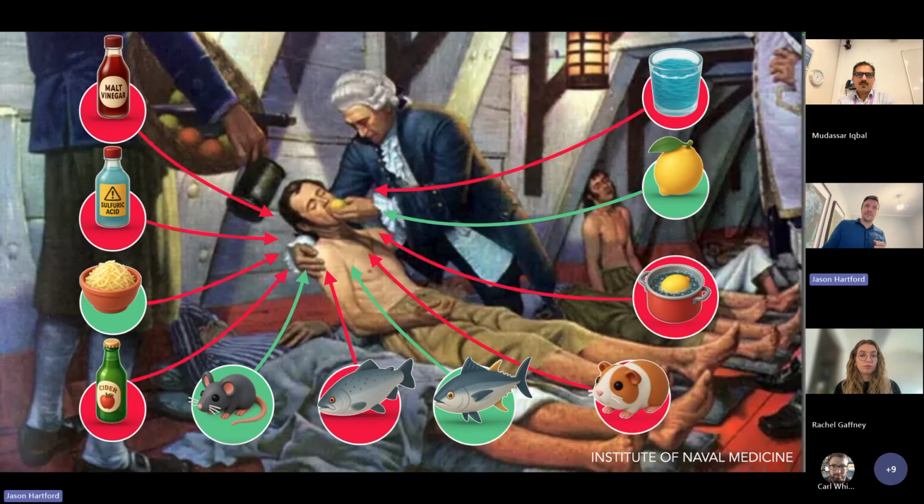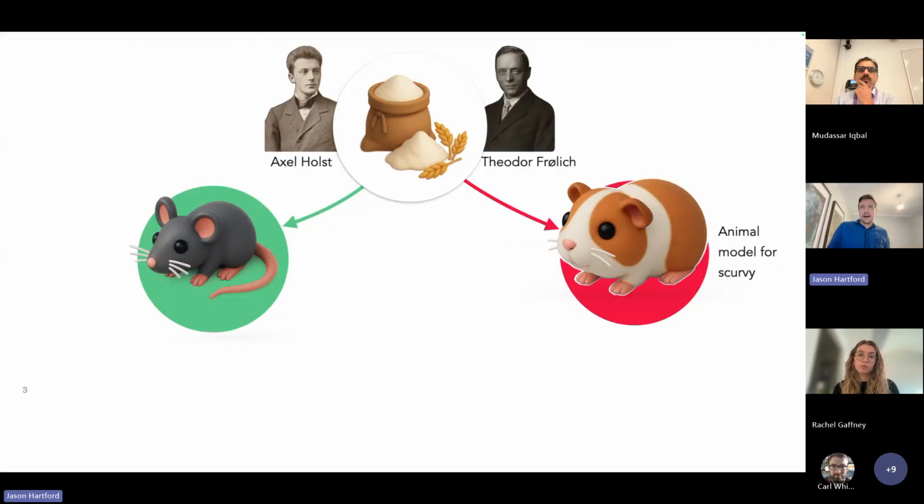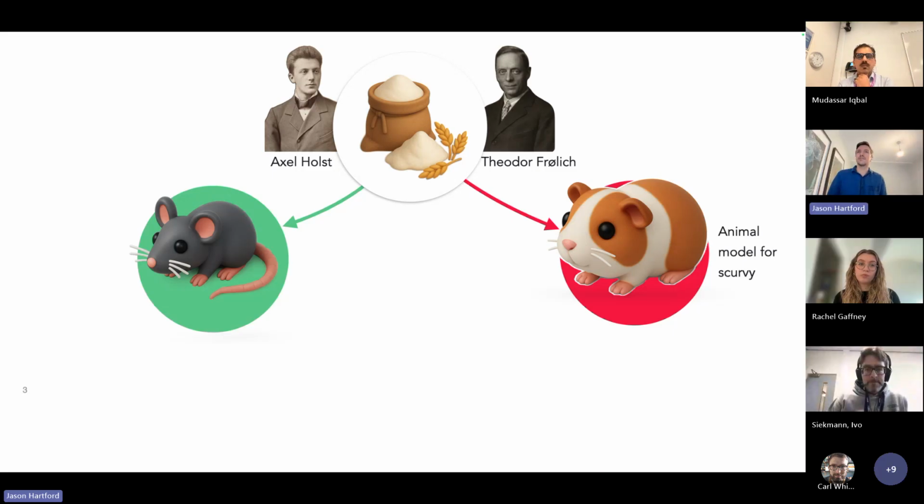And it was only in the late 1700s that sailors themselves started to become aware of Lind's trials eventually, and started to realize that citrus just seemed to help, that lemons just seemed to help. But even Lind himself wasn't convinced of this initially. And so it took another 100 years, from the late 1700s to the early 1900s, when Axel Holst